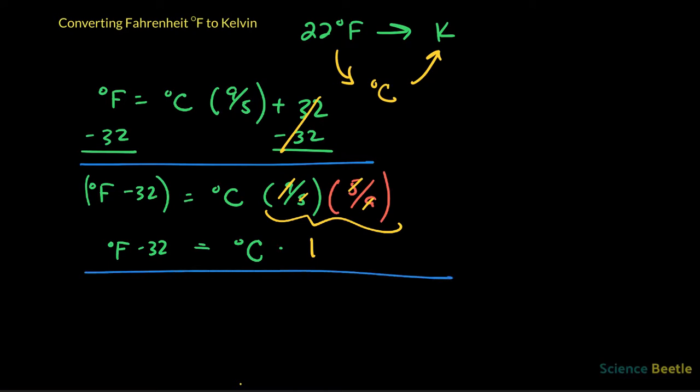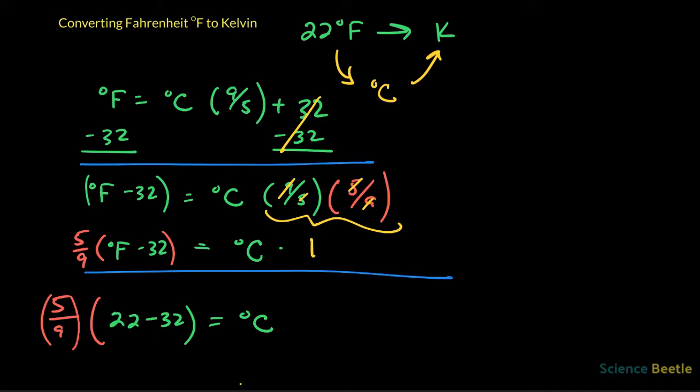If we set this out as another step here, what you'll see is that the degrees Celsius times 1 is essentially going to be degrees Celsius. And over here on the right-hand side, we need to make sure we have 5 divided by 9 when we do this calculation. Overall, what we'll need to do is clear this up and make the final substitution into the problem, since we already know that degrees Fahrenheit is 22 degrees. So we're just going to rewrite this equation. 5 divided by 9 is going to be multiplied by 22 minus the 32,